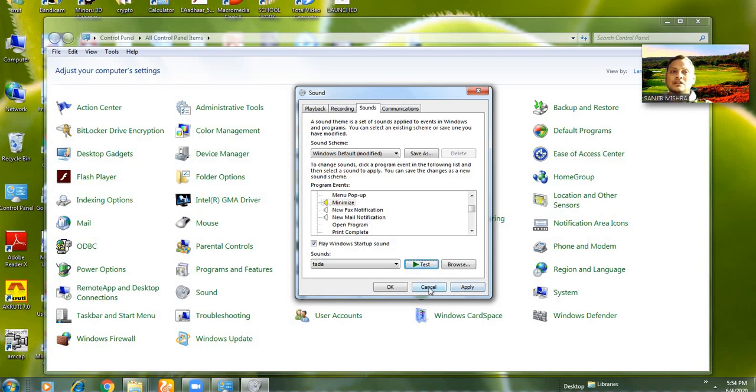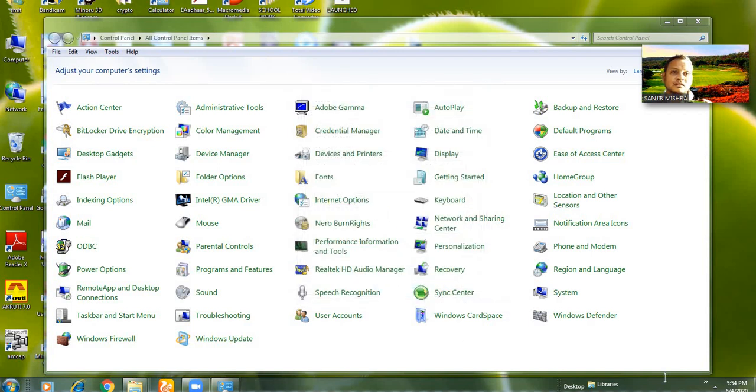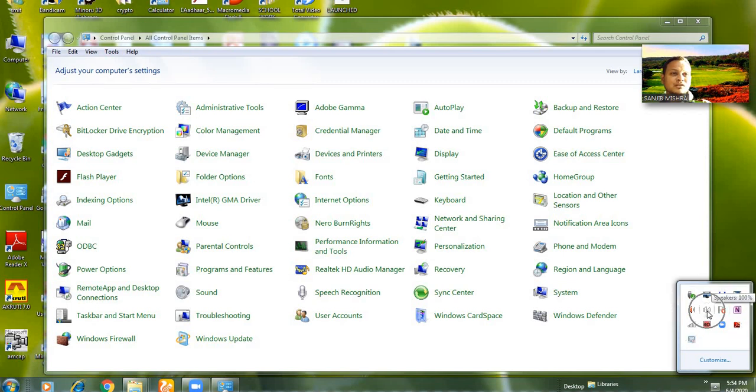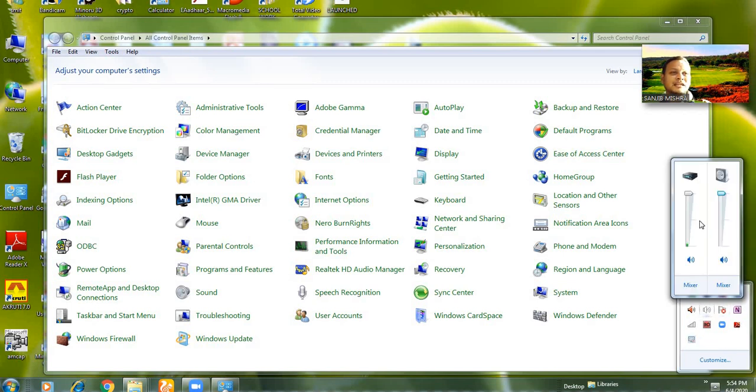Another important thing, my dear student. Suppose you want to increase the volume. Here you see the arrow symbol; go here, and your sound icon is showing. Click this icon and increase your volume. If the volume is very slow, increase or decrease the volume of your speaker. This is the speaker and this is the microphone.